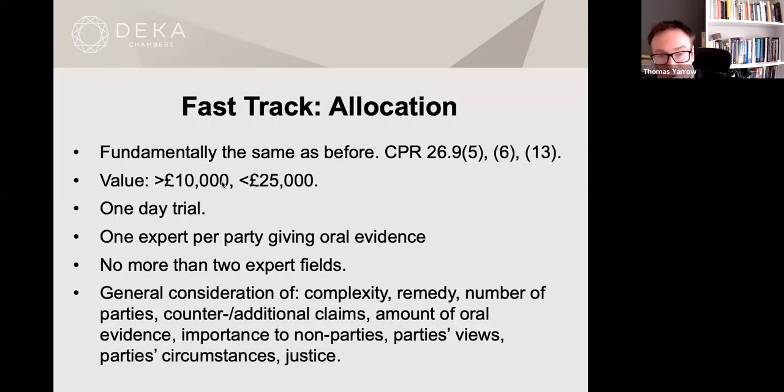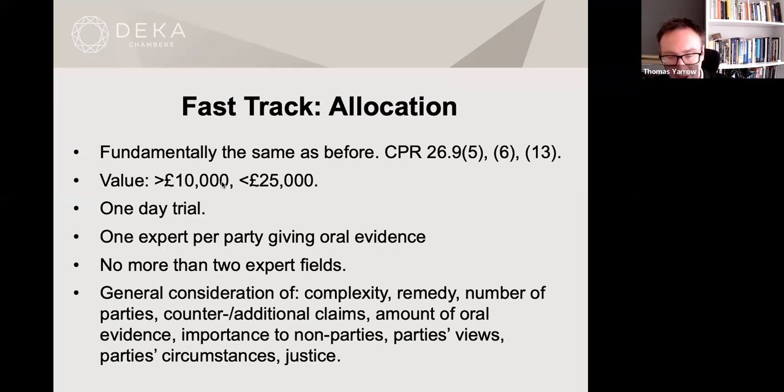All right. So rules for fast track allocation, well, they're fundamentally the same as before. We're in CPR 26.9, and annoyingly, have to read 26.6 and 26.13 altogether. What are the key things? Well, key thing is value. Value falls between 10,000 and 25,000, same as ever. 1 day trial, one expert per party giving oral evidence, no more than 2 expert fields, and then the 26.13